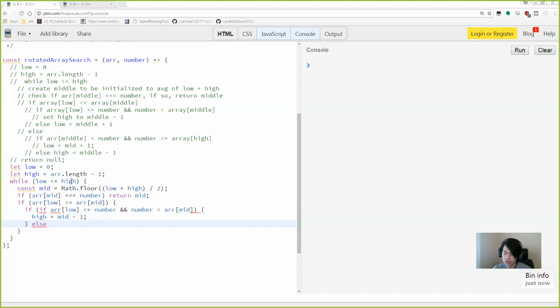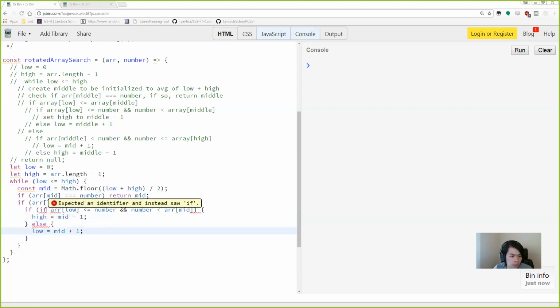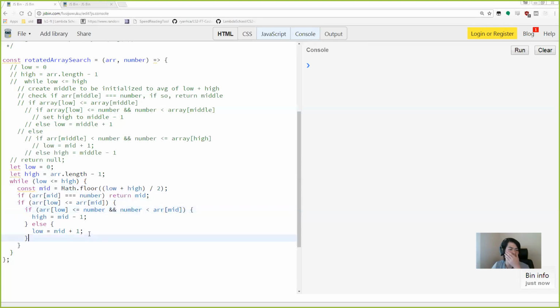Else low equals mid plus 1. There we go. All right, and then